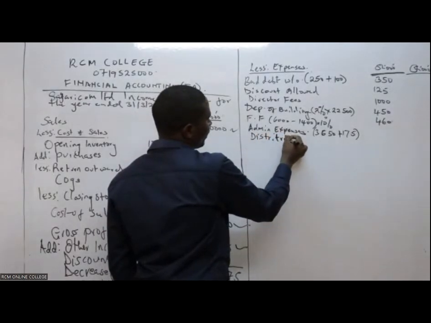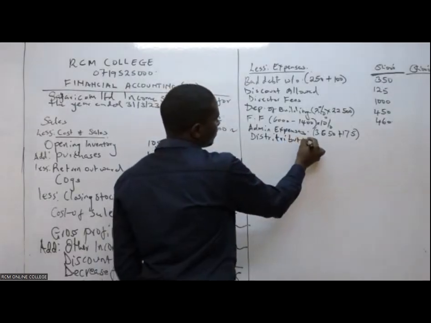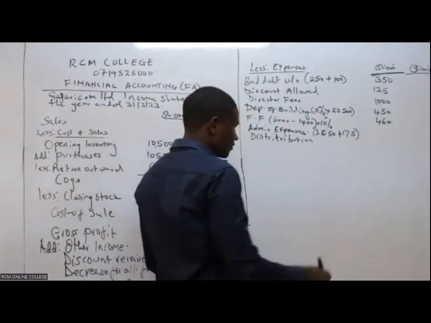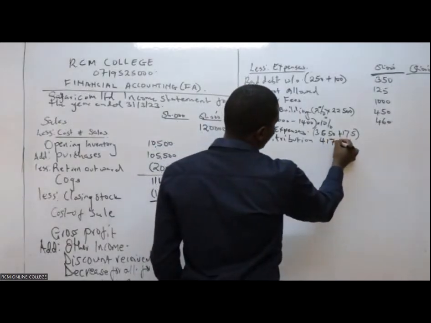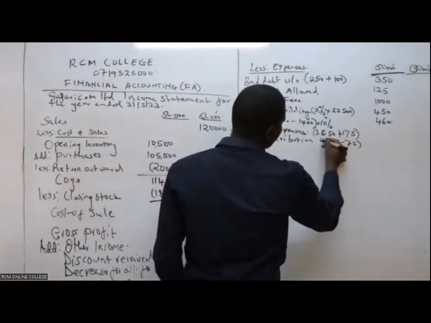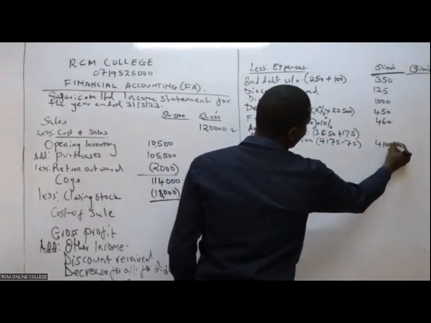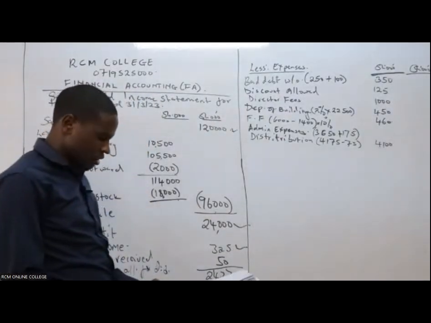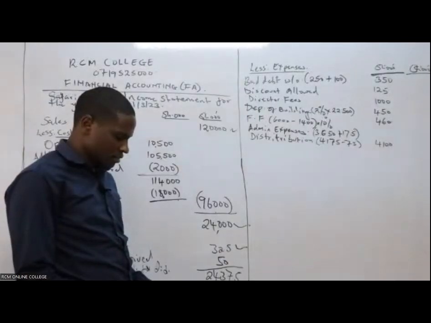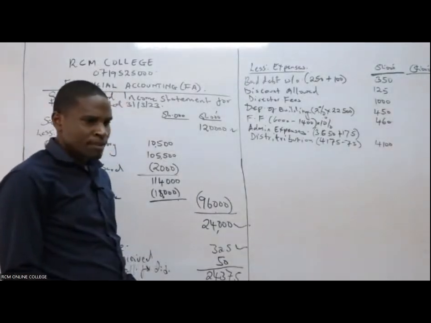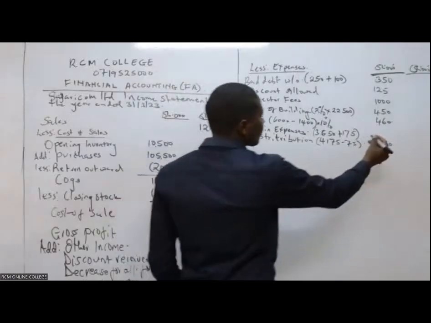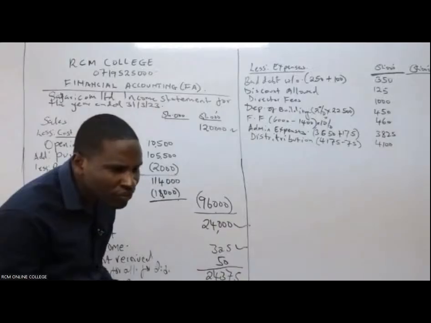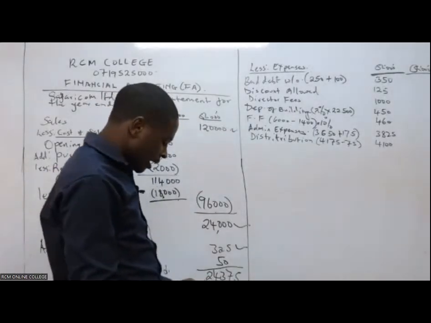And then we go to distribution. Distribution, we had a prepaid, so we less: 4175 minus 75, that is easy. It will be 4100. So give me that of admin, so that you are able to finish up this. Admin is 3825. Taka tuende kwa balance sheet. You cannot leave that undone.